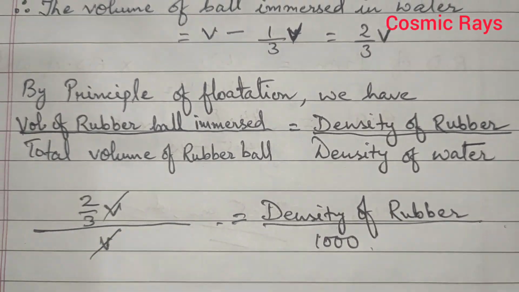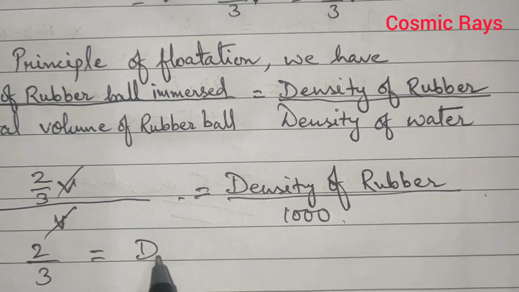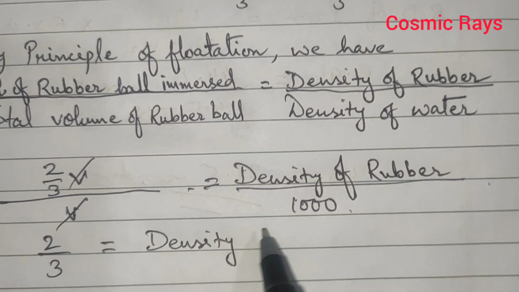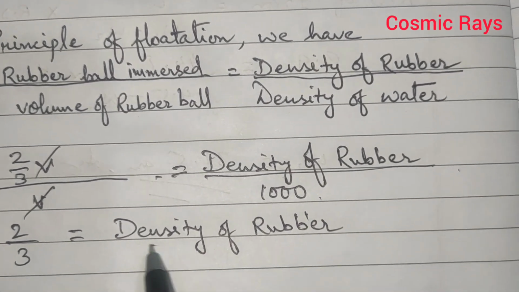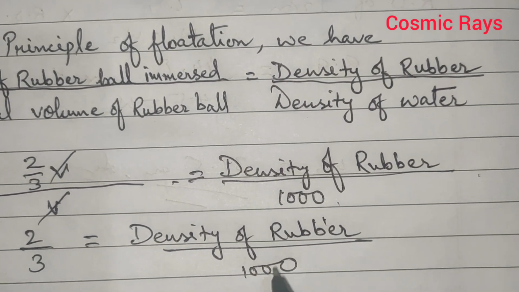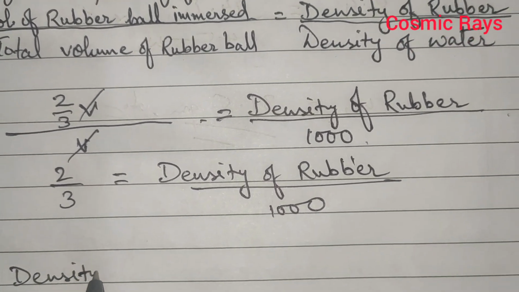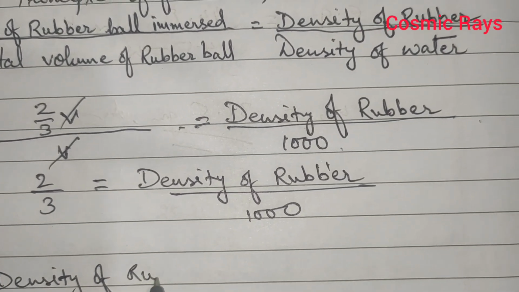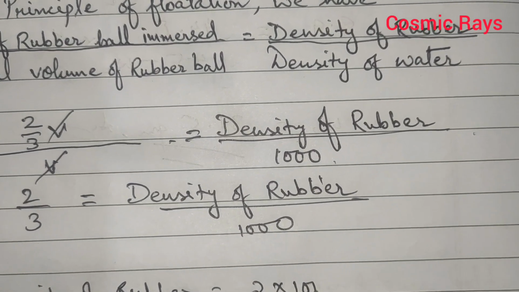So we have 2/3 is equal to density of rubber divided by 1000. So when you solve it, you will find the density of rubber, that is 2 into 1000